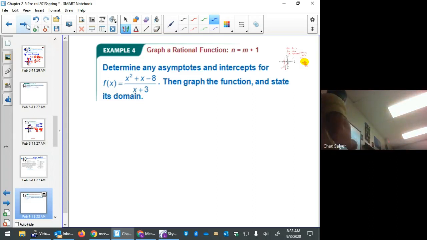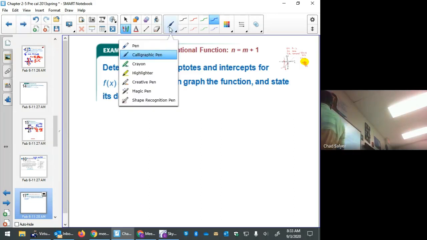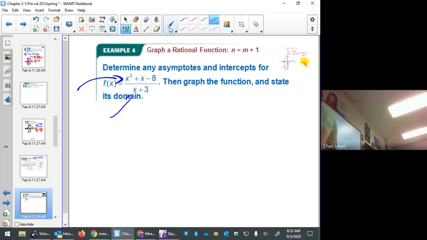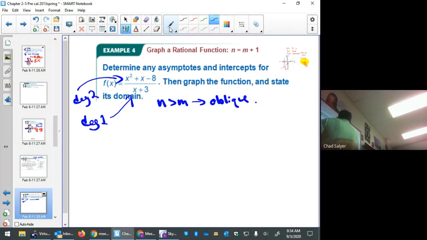All right, graphing a rational function. So here we have x squared plus x minus 8 divided by x plus 3. We're going to determine asymptotes and intercepts and then graph and state its domain. Notice here, we've got that scenario that they predicted. Ian, what's the degree of the numerator here? Look carefully. And then what about the denominator, Holden? Good. So our scenario is n is greater than m, and that means we'll have an oblique